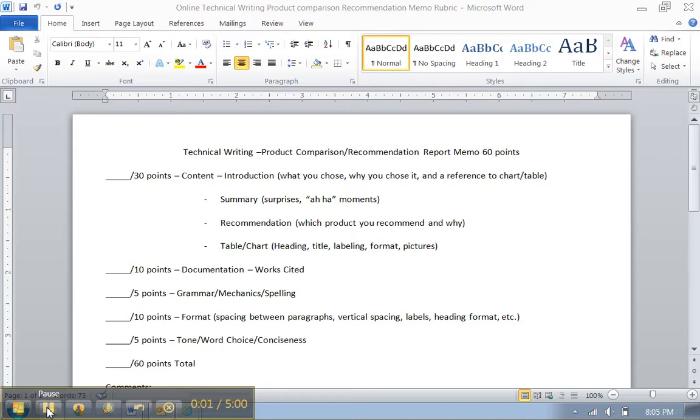For the product comparison recommendation report, students, it's a 60-point assignment, so it is a large assignment. I wanted to go over the rubric with you so you know exactly what I'm going to grade you on. For content, that's 30 out of the 60 points, so what you put in it is the most important thing